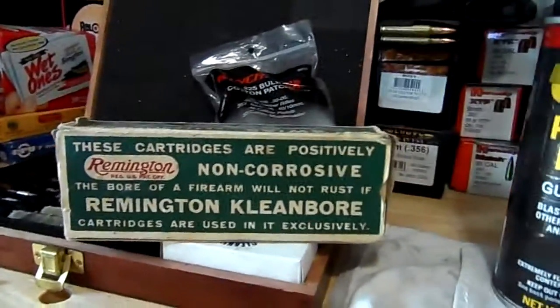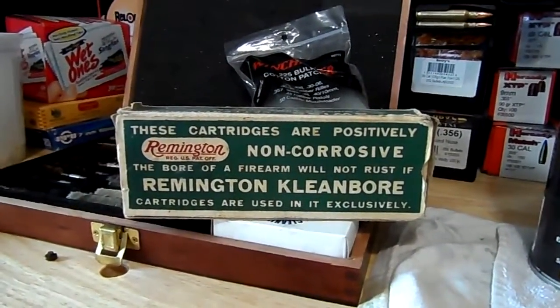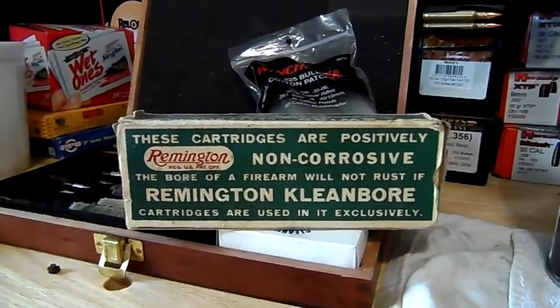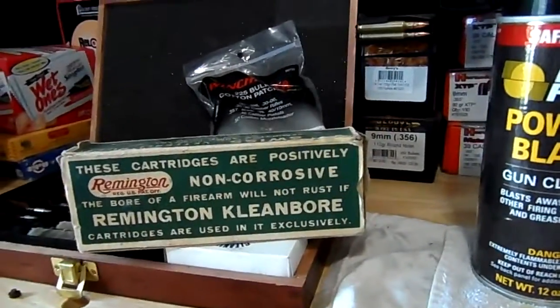So still to this day, if you look at a box of Remington primers, they actually boast clean bore priming on them, and this is to say that the primers aren't corrosive. They won't burn and produce a salt byproduct. Anyhow,